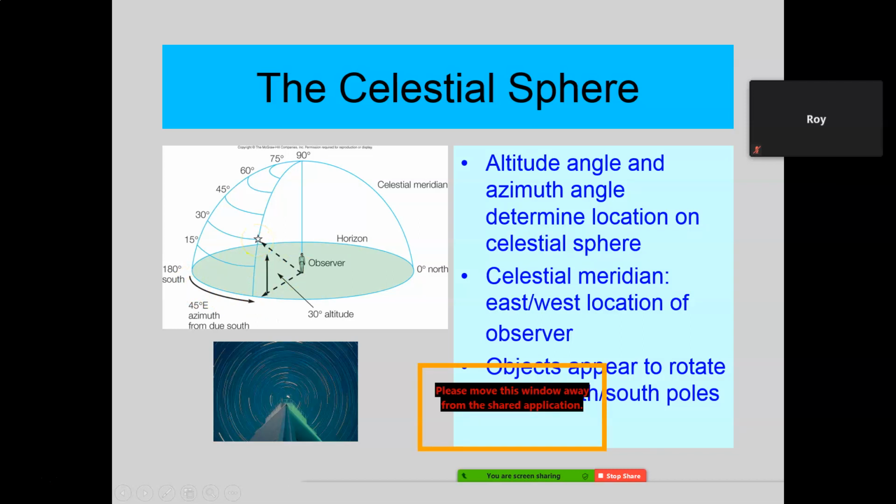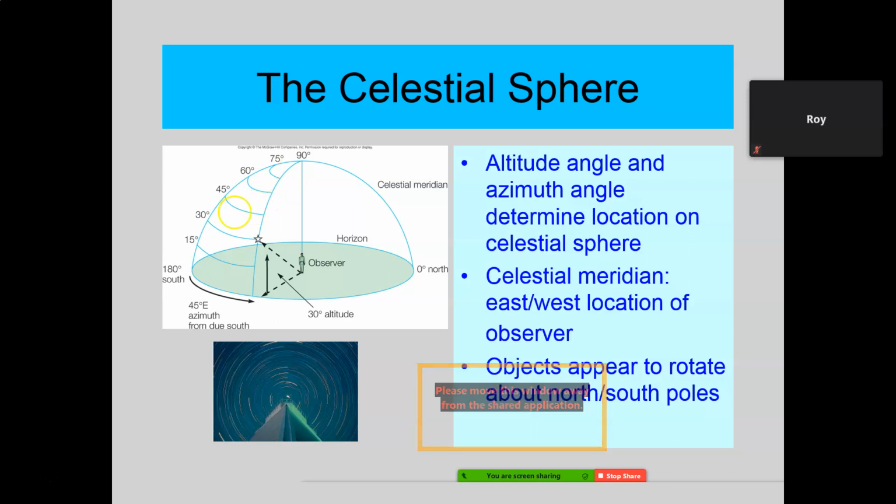Now, since we have the guy standing here, if he were to turn and face due north, and then look from due north directly overhead, and then twist his head all the way around and look at due south, you have just defined his celestial meridian. That's his meridian on the celestial sphere. The point directly overhead is called his zenith. They don't mention it here, but it's Z-E-N-I-T-H, his zenith.